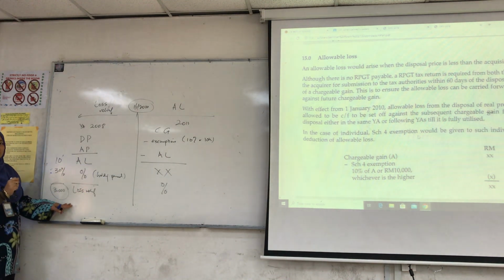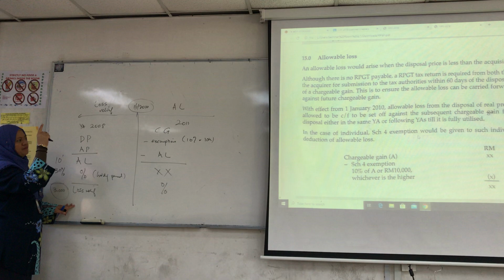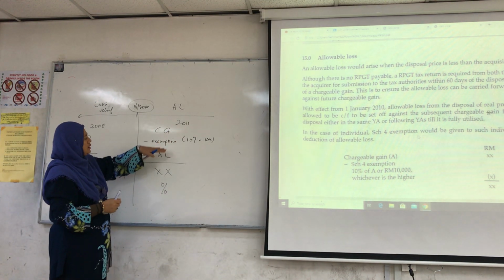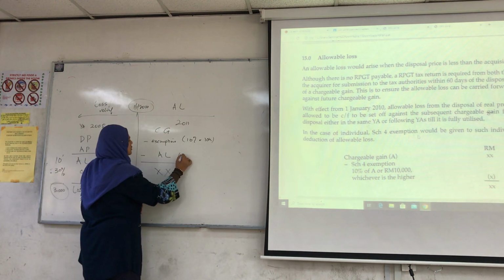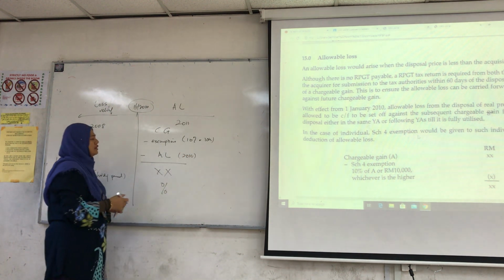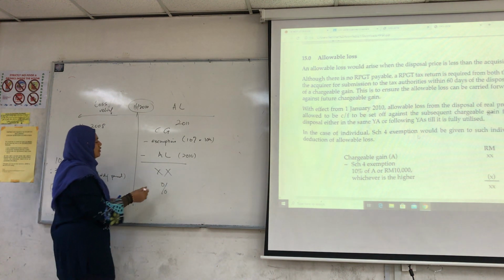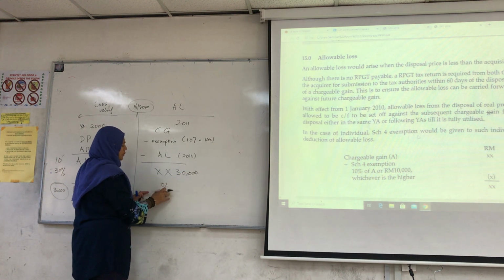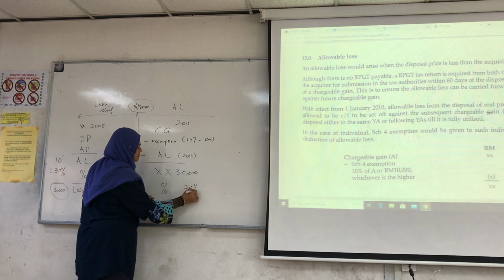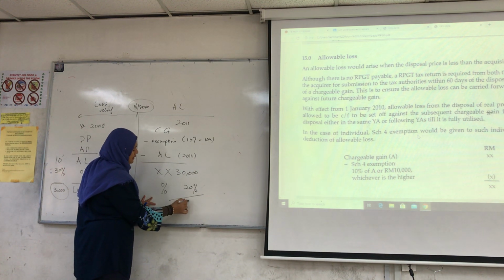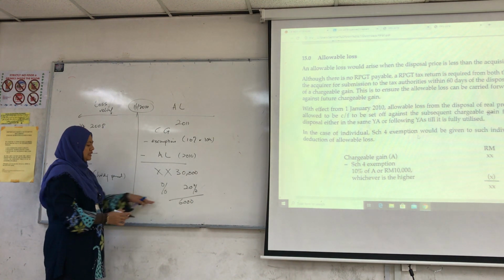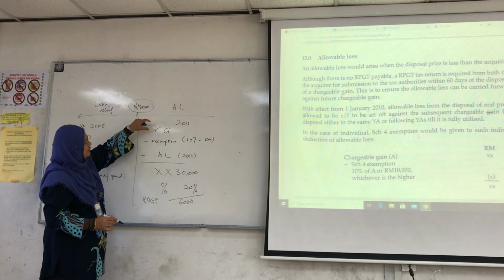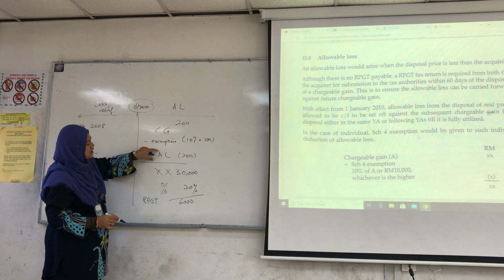What happened to this loss relief? If in the following year, let's say assuming that you dispose in 2011, this allowable loss comes from 2010, let's say. So you have allowable loss and still a balance of, for example here, let's say 30,000. Tax rate is 20%. So how much is it? 6,000, right? What is this 6,000? It is your RPGT. It means that after you have a chargeable gain minus your exemption minus your allowable loss,